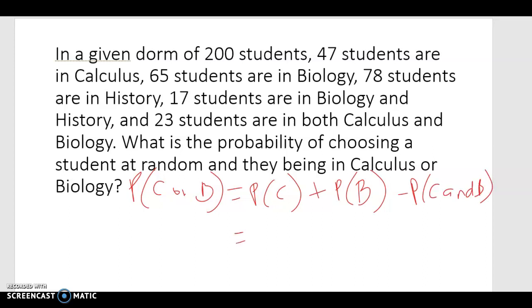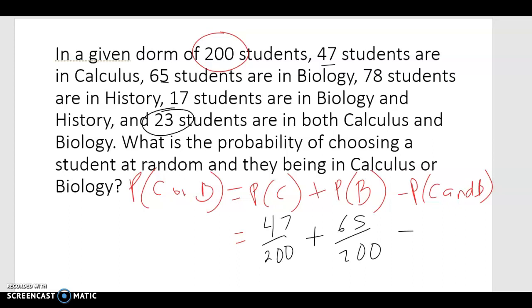So let's see what we have. We know we have 200 students total. So the probability of calculus, let me change colors for fun, is 47 out of 200. How many students are in biology? 65, so 65 over 200. And we need to take away the students who are in both of these classes, right? Because we're counting them twice. If they're being counted as both calculus and biology, then we've counted them twice. So 23 students are in calculus and biology, so minus 23 over 200. And that gives us the probability of calculus or biology to be